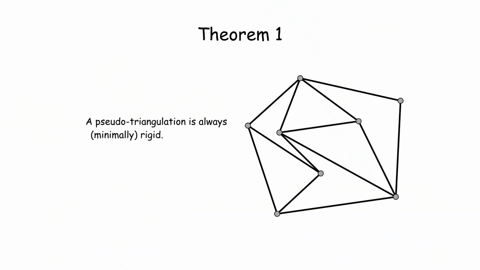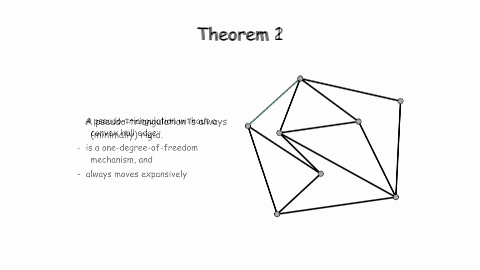Okay? So now, this is the structure in an expansive motion that we want to start describing in our project. We discovered this years ago. So here's theorem number 1. First of all, a pseudo-triangulation is always minimally rigid. First of all, it's rigid, and removing any edge, it becomes flexible. And when you remove an edge from the convex hull, the mystery is clarified now. So when you remove from the convex hull, then it becomes a 1 degree of freedom mechanism and always, always